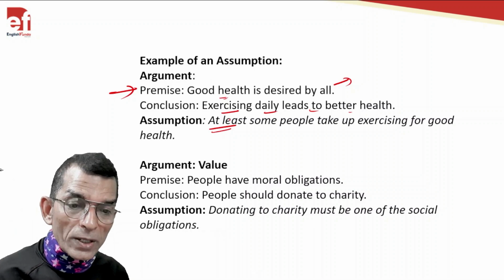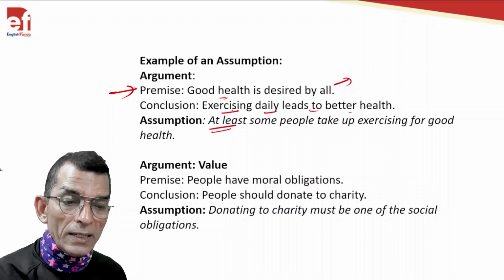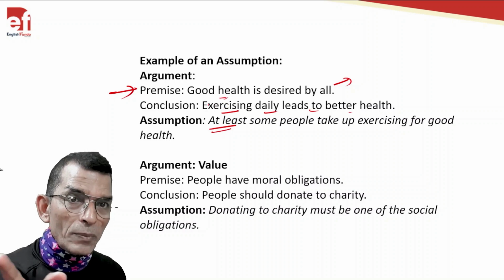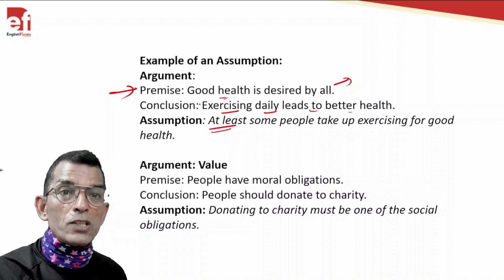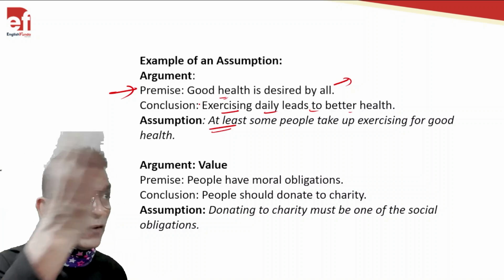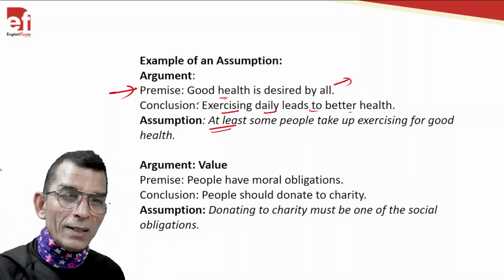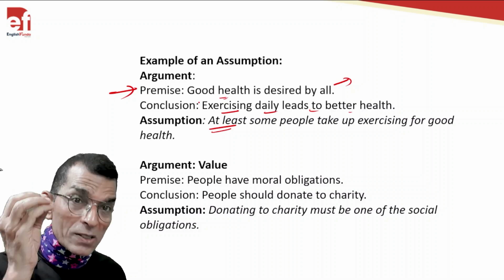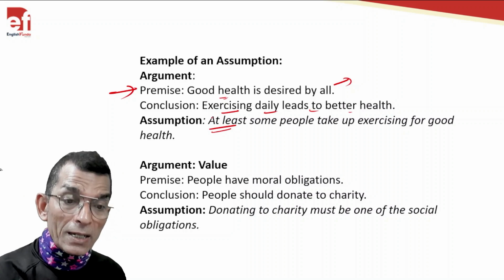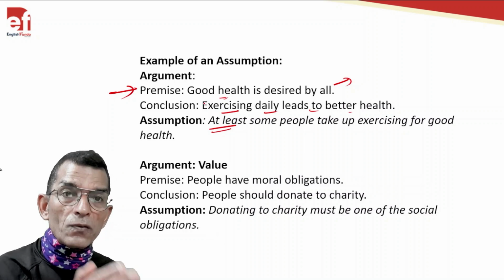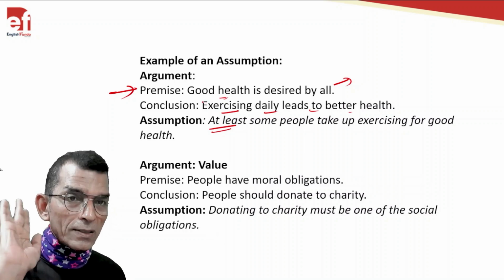In the conclusion, it talks about exercising daily leading to better health. So what does it mean? That exercising is one of the ways to achieve good health. And if everybody loves good health, then if the conclusion is true, this must also be true: